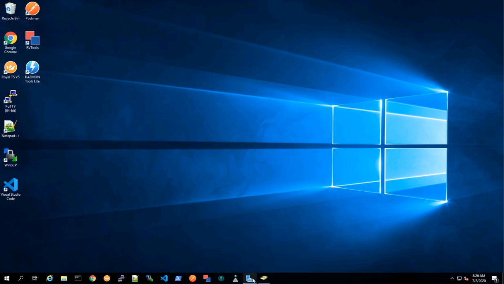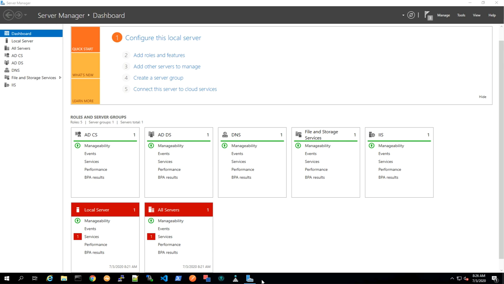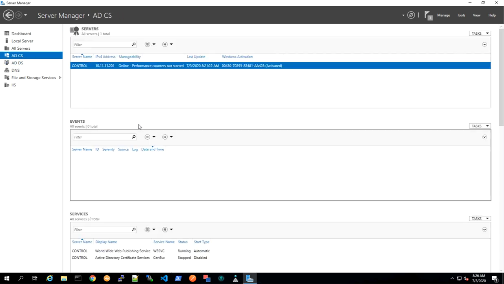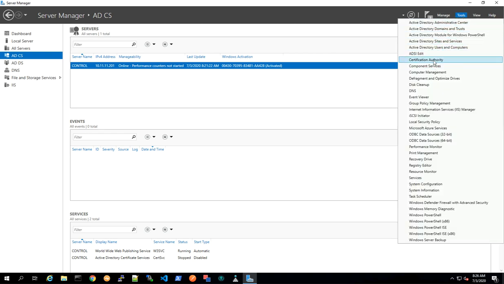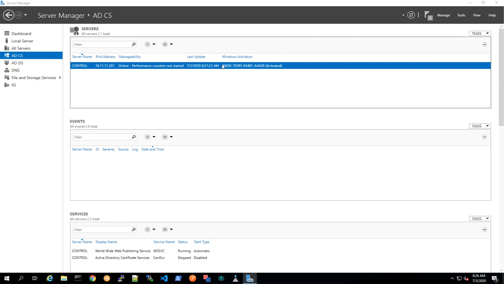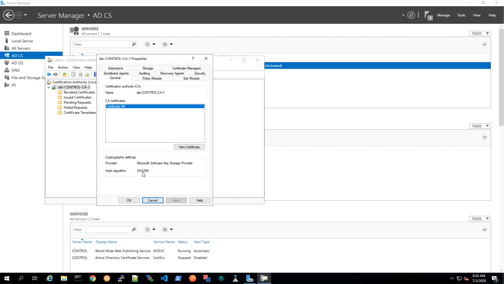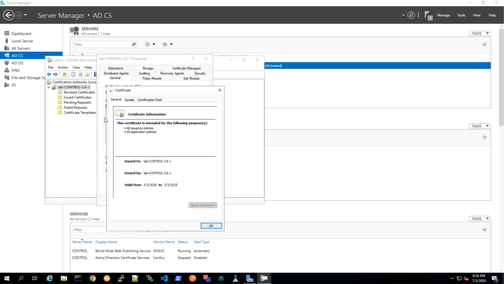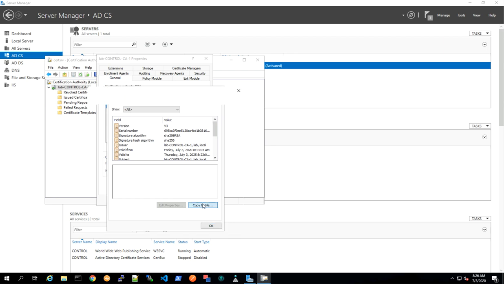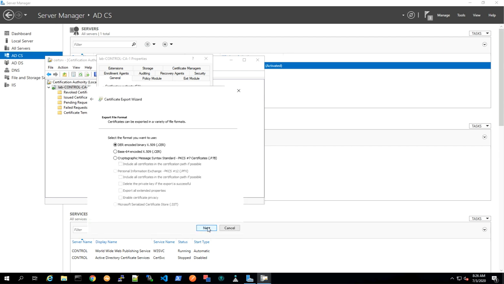So we can do a quick check and go to Active Directory Certificate Services. And if we go to our tools, we can see Certificate Authority as well. And in Certificate Authority, we can see that there's something there. So let's do a quick check. We need to make sure that our hash algorithm is SHA-256,